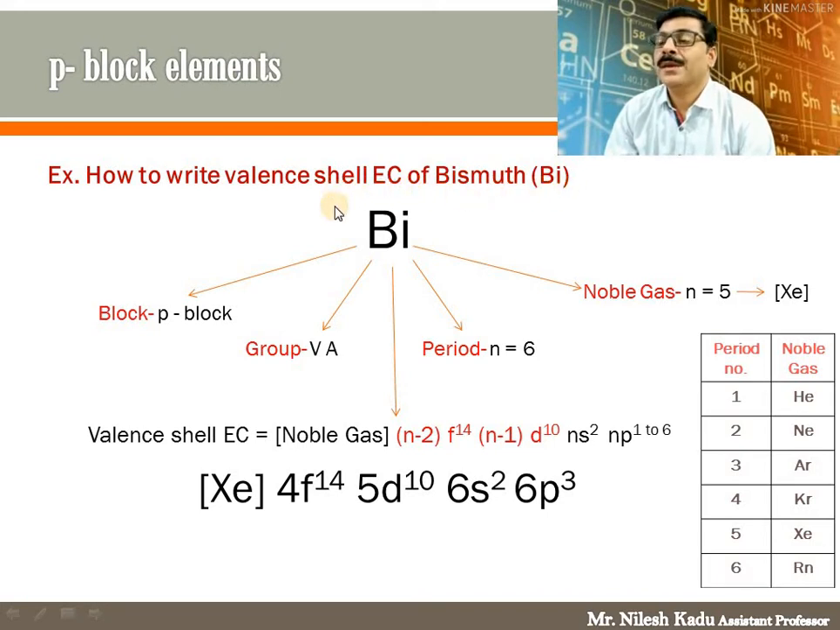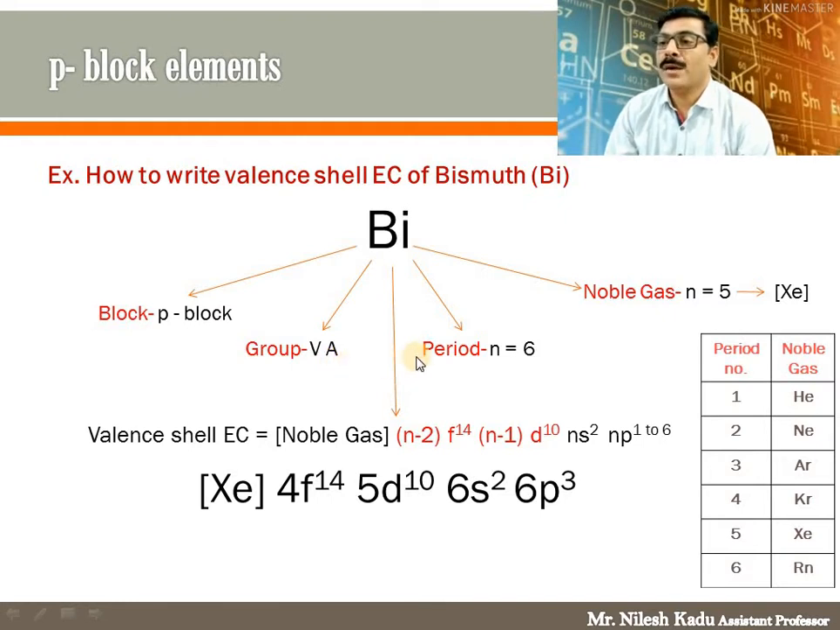Now friends, for writing any valence shell electronic configuration you have to know the block of this element, the group of this element, and also the period number of this element. Friends, bismuth is present in P block and its group number is 5A, the nitrogen family element,